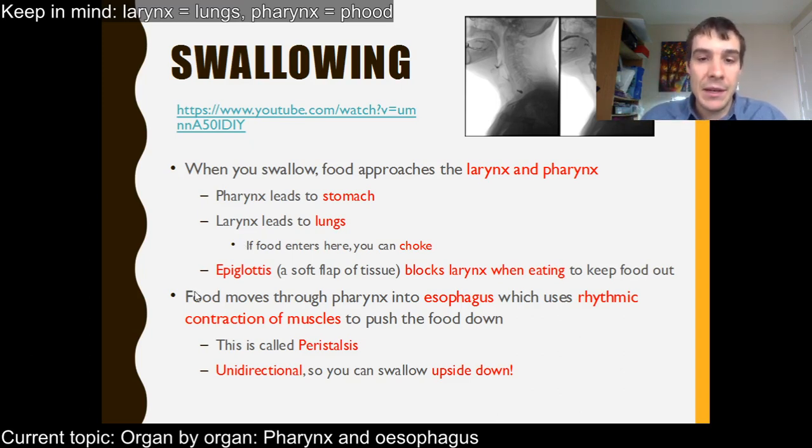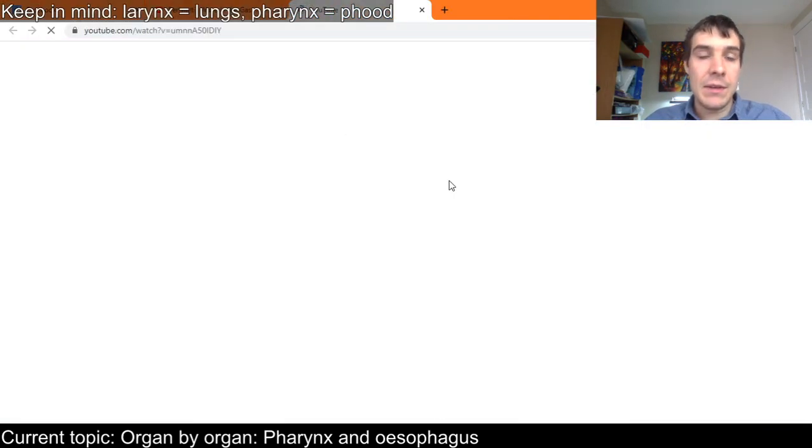There's two pipes here. There's a flap that opens up when you take a breath and then flips back closed to cover the trachea. The larynx is in front. You can actually feel the protective cartilage in front of it here, your windpipe, and the pharynx is in behind. So that's how the tubes are oriented, and there's that flap that blocks it. And if we watch this video here,